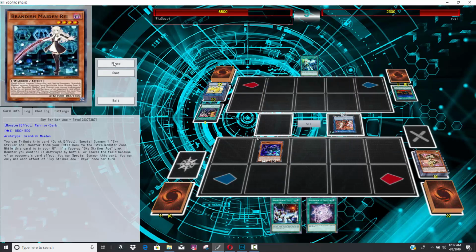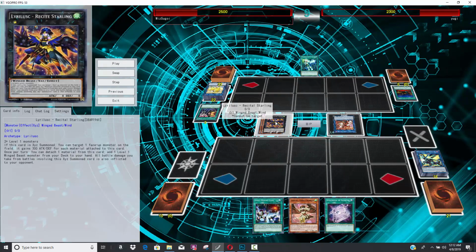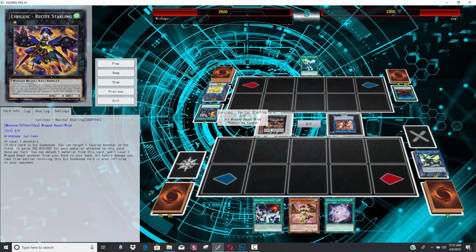Here's what's going to happen. He's going to go for King Kabuyu. He's going to bring back the Cobalt Sparrow. That's going to Surge. Now he's going to go for the Recite Starling, and all he's going to do is attack into the Bomber Dragon. Now he does actually take 3,000 damage, but the thing is, your opponent takes the damage too, so he actually